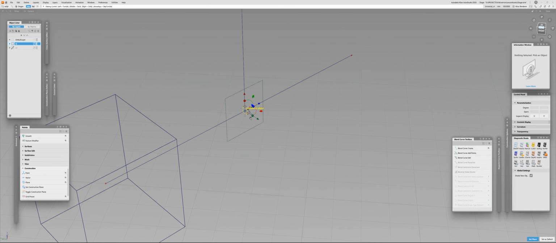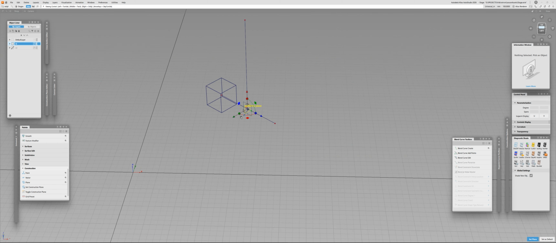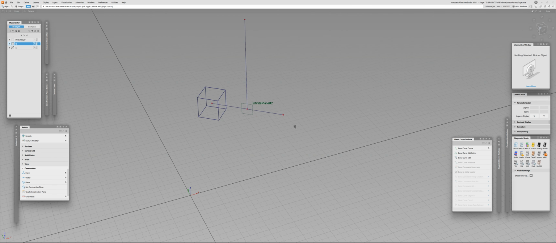I need this side to be my symmetric plane, so the XY plane, and I hit spacebar. That's it, we're done. Now I can even delete this plane, I don't need it anymore. If I click to activate the layer symmetry, voila,